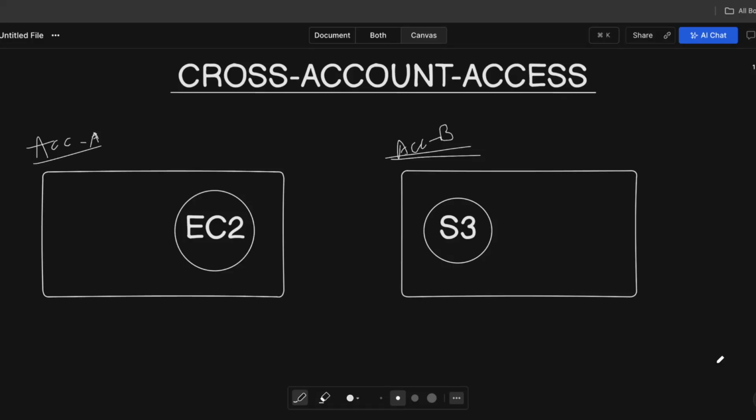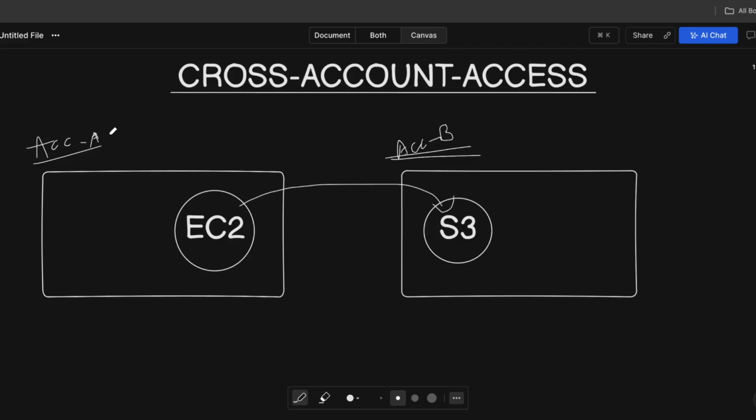So in this video, I am going to explain to you about cross account access from your EKS to S3, or maybe from another service to S3 or any other services. The concept behind this will be the same. So first I will explain the fundamentals of how to use cross account access. I will be demonstrating based on EC2 in one account and S3 in another account. Okay, so I want to connect from EC2 to S3 to upload a file or get a file or